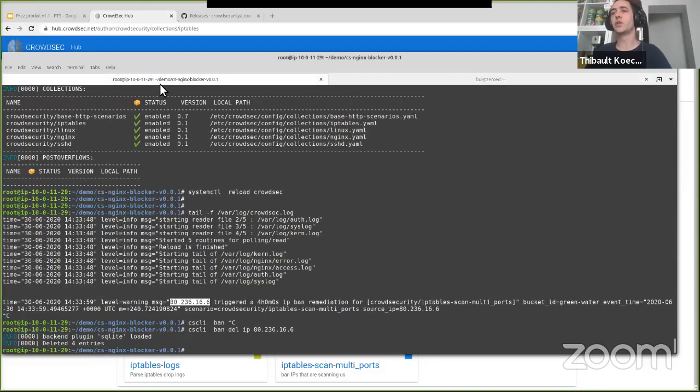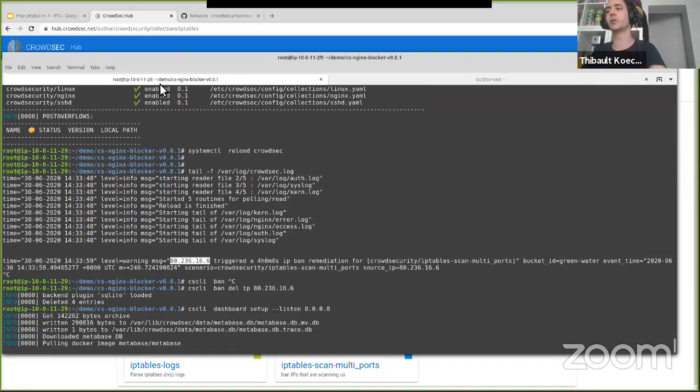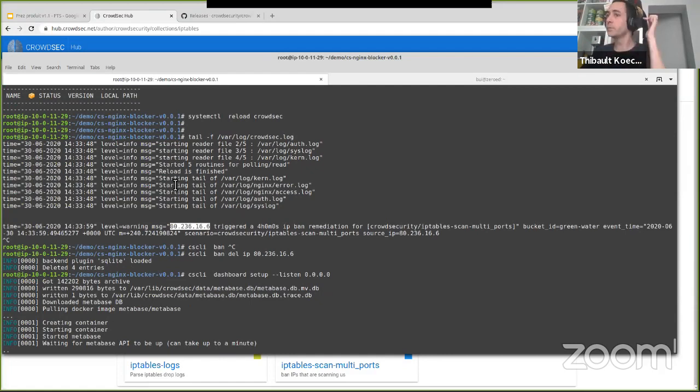The idea is that cscli is the main interaction point, but we also believe that visualization is quite important. So using the fantastic Metabase software, which is a visualization interface for various databases such as SQLite, MySQL, etc., we are going to deploy a dashboard on the machine in order to be able to visualize the items that we just blocked. It's going to take a few minutes because the machine is not quite powerful, but you will see. In the meanwhile,